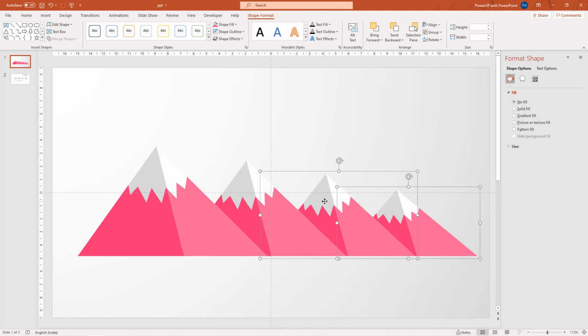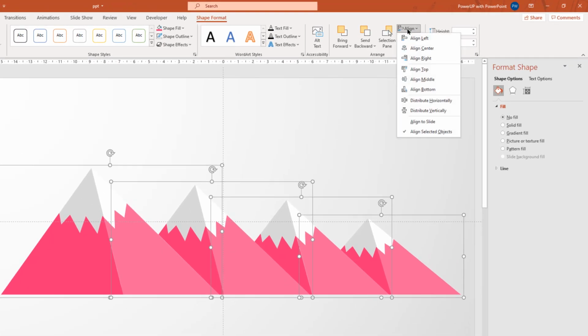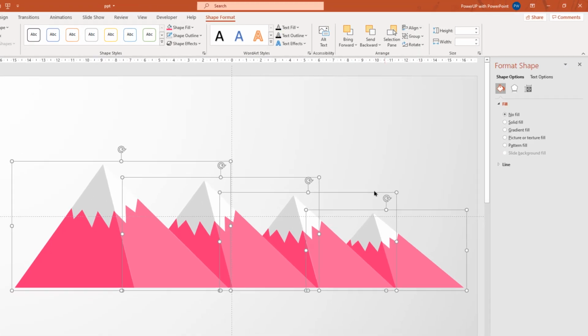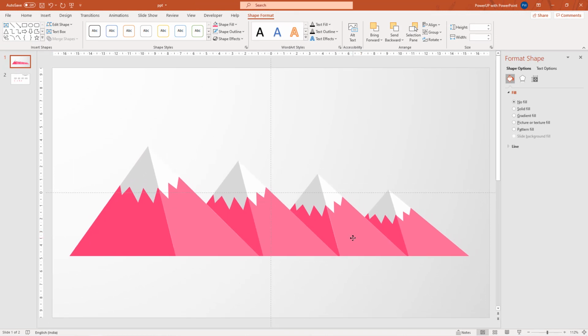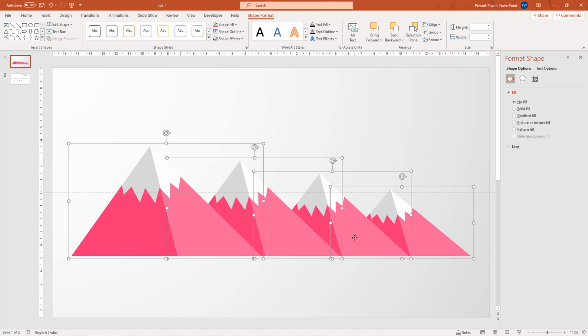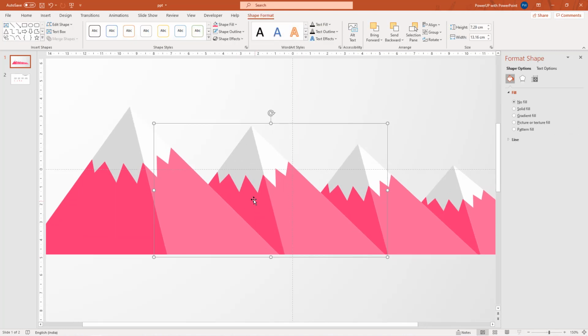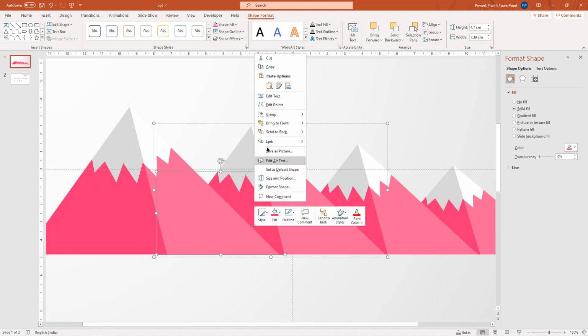Select all the group of shapes and then align them to bottom. Let's slightly align them centrally to our slide. Next, select the first zigzag shape of second mountain group. Right click and then choose Edit Points